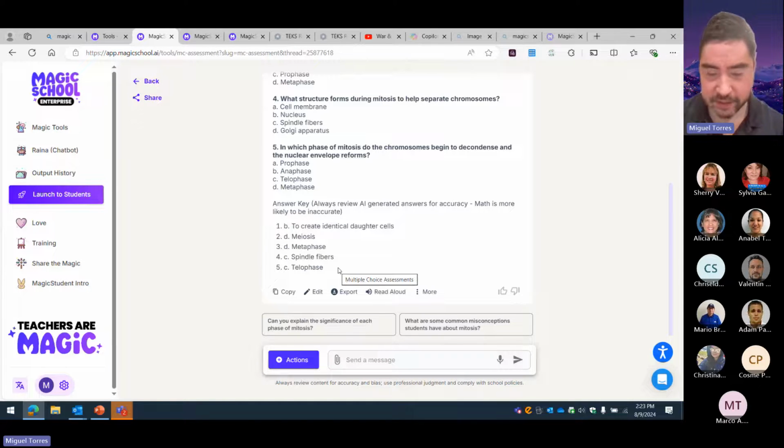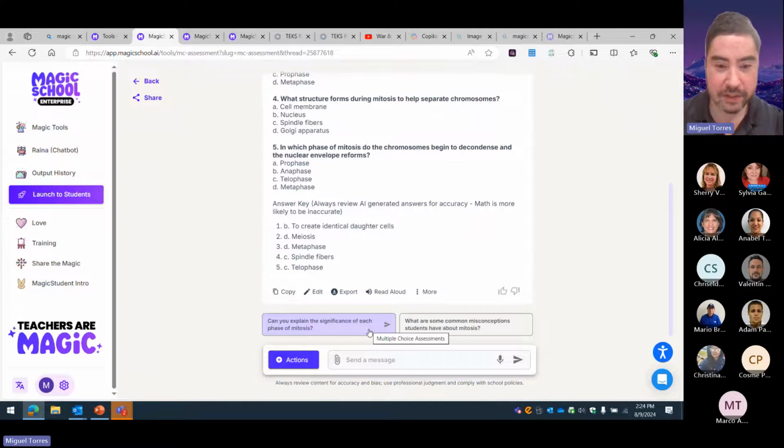You don't have to type in, can you please give me the questions without the answers being shown? Everything that you're doing, the answers won't be shown to the students. On the bottom left and the bottom right, it gives you more tools. And just because I was asking about mitosis and so forth, it gives you additional prompts. You can even ask the students a different question.